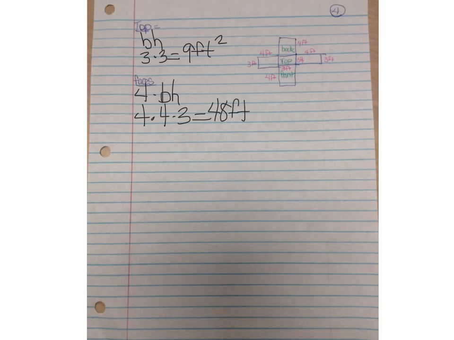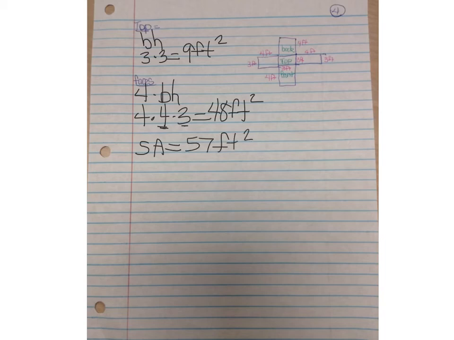1 second. Yeah, 48 feet squared, because this one's feet and this one's feet, so there's only 2 feet. Okay, so 48 feet squared, and then we are going to add these together for the surface area. So surface area equals 48 plus 9 is 57